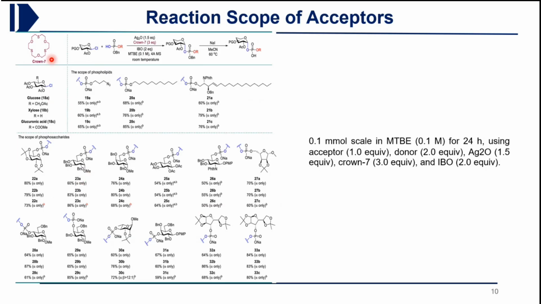With this acceptor they have tried these donors. Then again at C4 there is a phosphate group, C4 phosphate as glucose, then galactose. Then in the case of C3 phosphate group, and C4 phosphate group again they have tried. Then C3 phosphate, then at the C2 position. So many phosphate acceptors they have tried, and in all the cases they are getting alpha only compound or